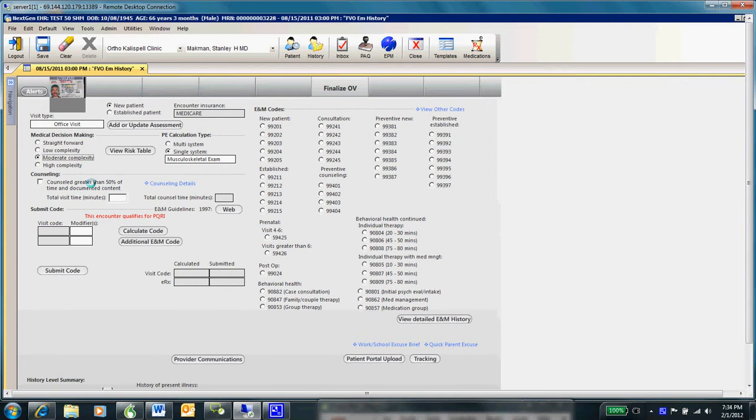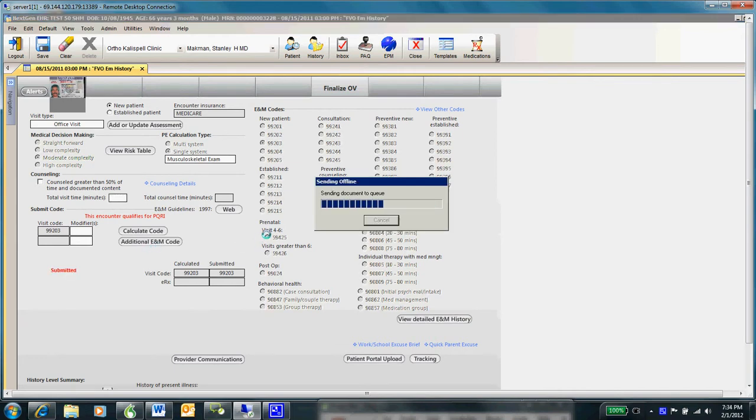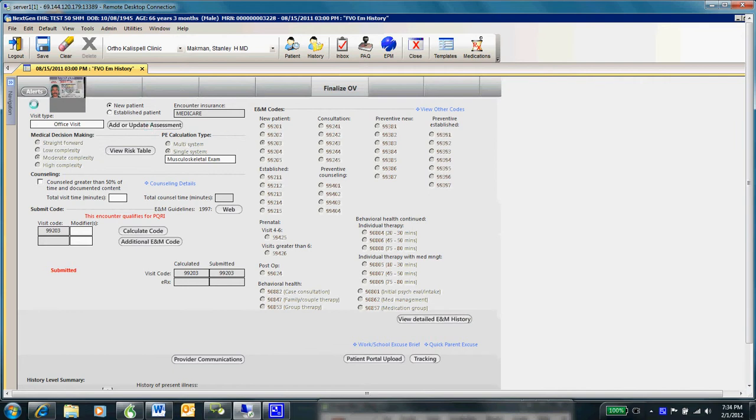We'll call this moderately complex. We'll calculate the code, and it's a level 3 new patient visit, which seems appropriate for somebody with an ACL that you've examined. You've talked about ACL tears. Submit the code, and oh yeah, I forgot